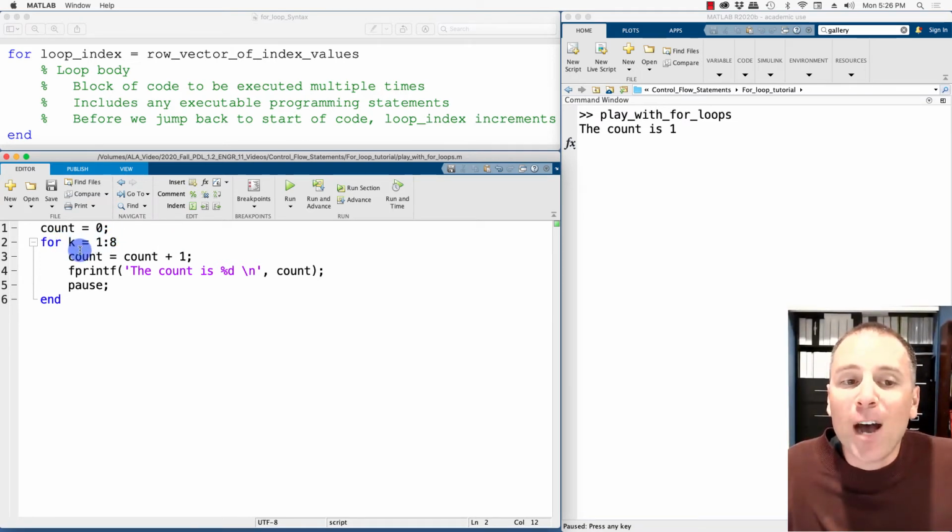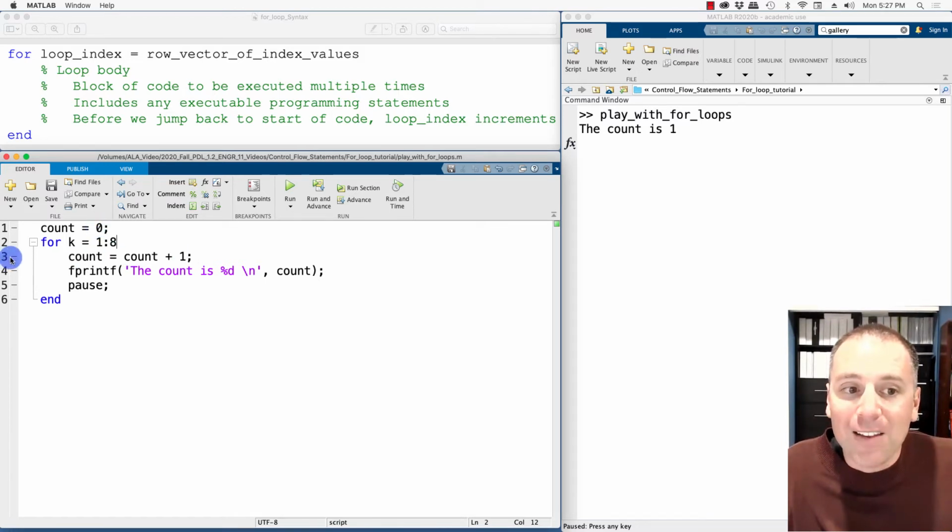The moment that we drop into the loop body, remember on the first iteration of this loop, the one where k is equal to 1, the current value of my count variable is 0. So now we're going to overwrite that count variable with a new value. What value is it going to be? It's going to be the previous value, which was 0, plus 1.